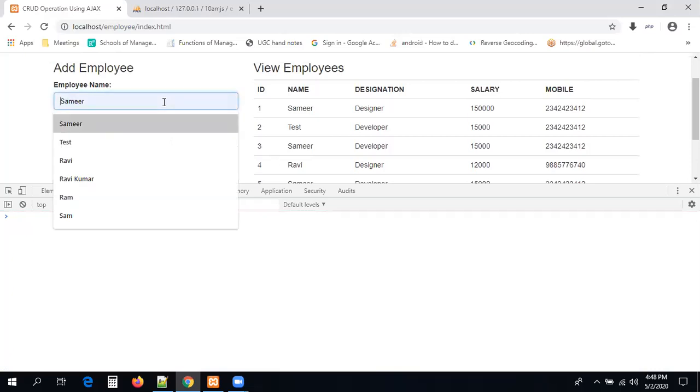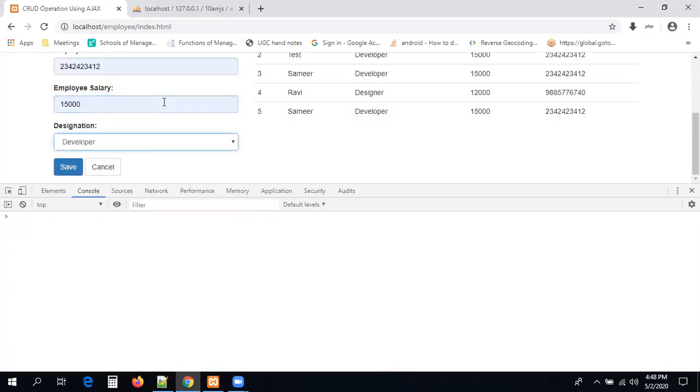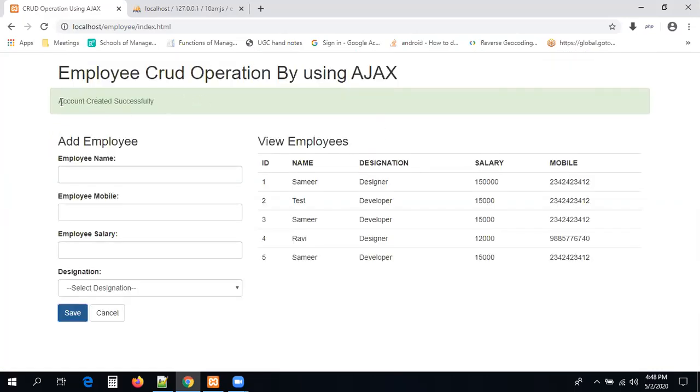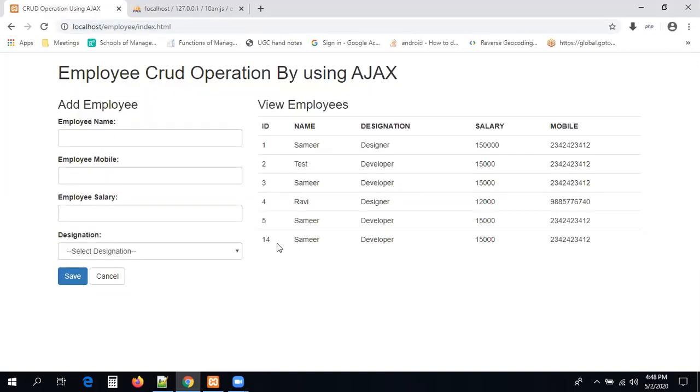Check it. Entering some data, and save it. The record is inserted, guys, and we got the message also. But are you getting the inserted record here? The record should also appear dynamically, right? I'm getting the message. Now if you refresh the page, I'm getting the new record as well. We deleted some records, right? So we are getting this message.